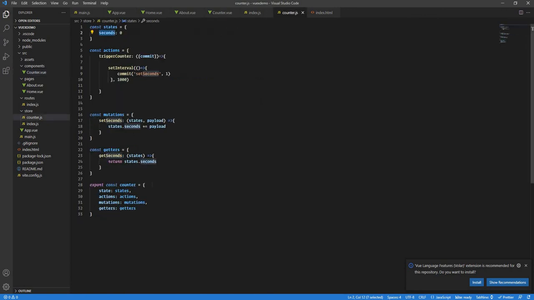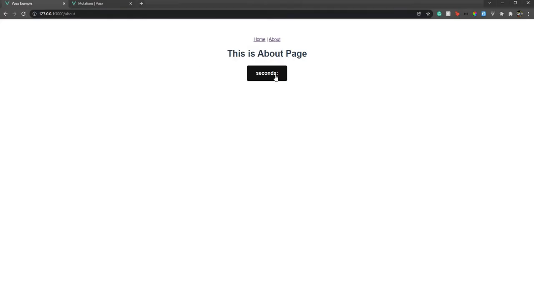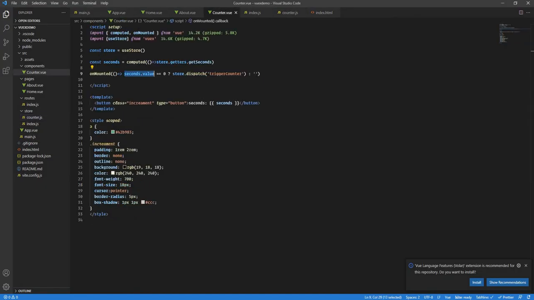So in that case we just make each of our modules namespaced, and we set it to true. This means that this module, or this store, has now become namespaced. So if I want to access this, if I go back over here, you will see I cannot access it. So if I have to access it now, simply I need to give the namespace. So first here, this will change